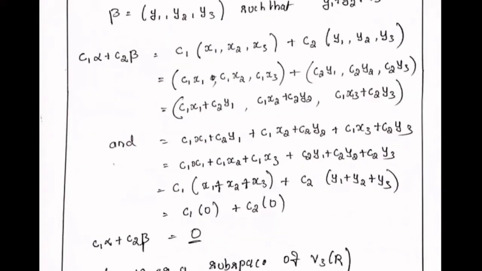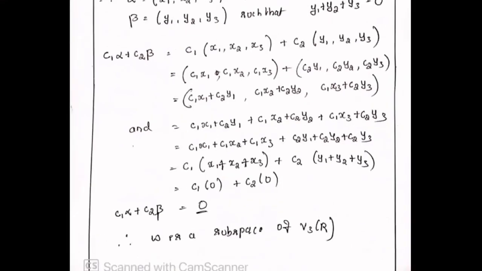Next is this. See, this you have observed in signals and systems, the superposition theorem, right? Here, instead of checking addition first and then multiplication separately, if you prove this, it satisfies both. If you get the result after proving C1 alpha plus C2 beta, then you need not separately check addition and multiplication. This is one way. I wanted you to know that this also works for a subspace. The statement is usually to check the addition, then check the multiplication, but even if you use this, it's okay.